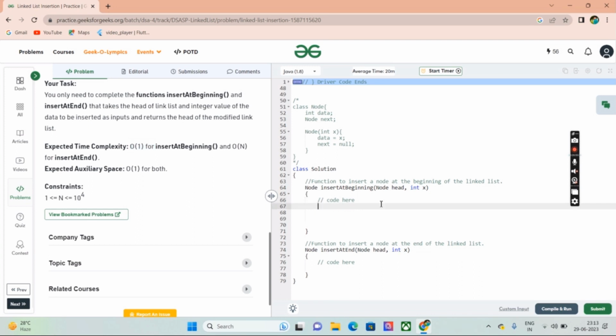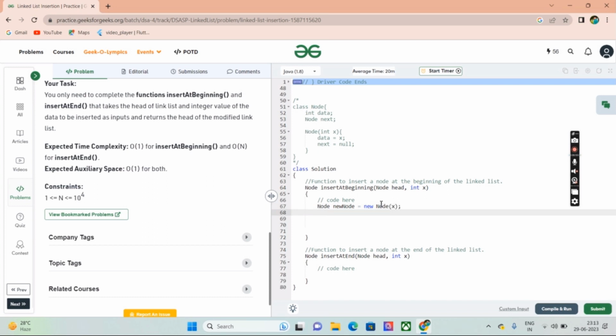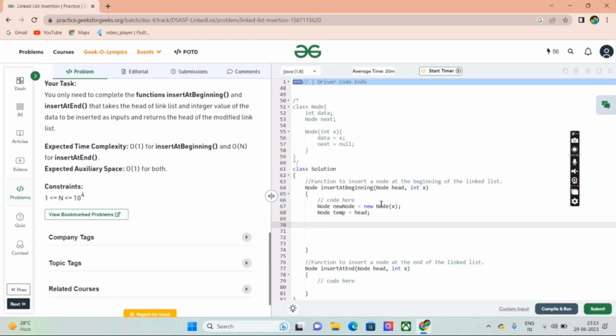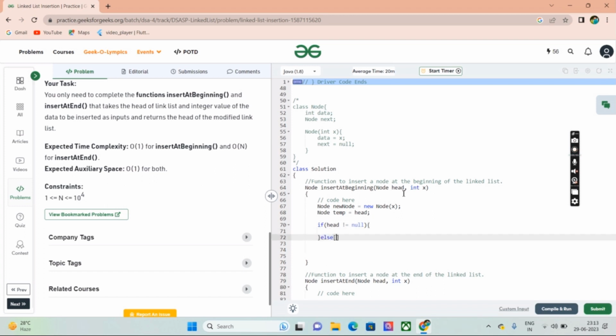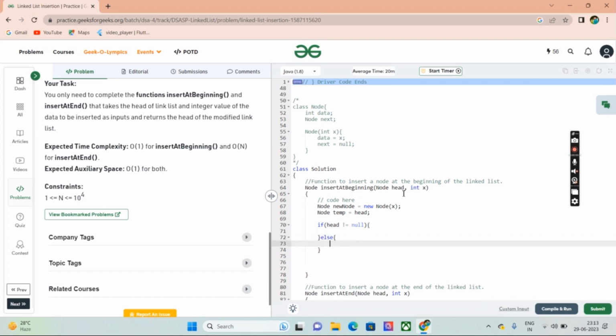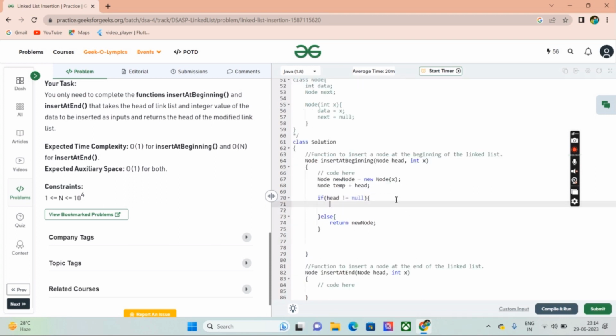So let's start. Initially I am going to create a new node which has to be inserted at the beginning, with X value. Then I'm creating a temporary node, and I'm going to null check whether the head is null or not. Else we have to directly return the new node. And then here